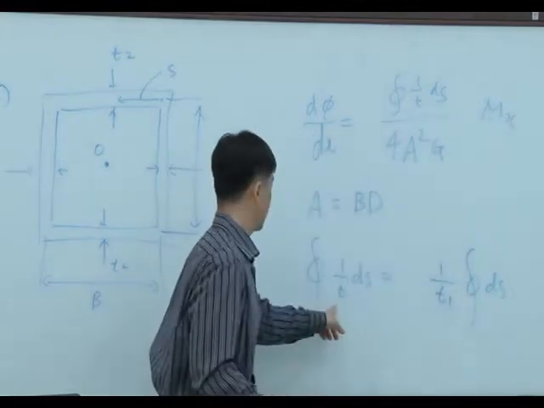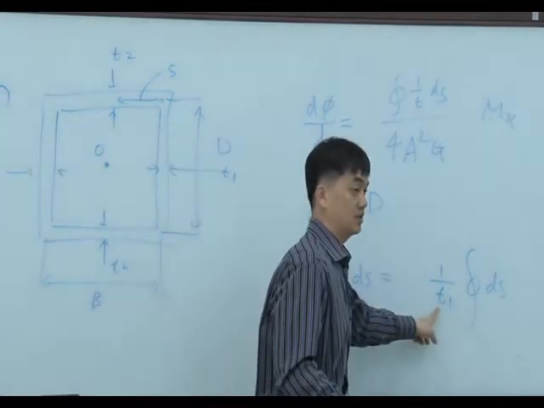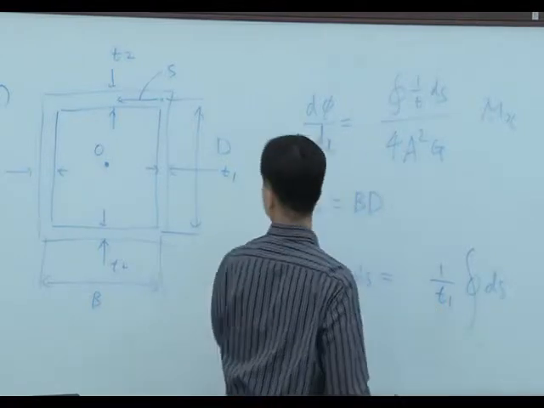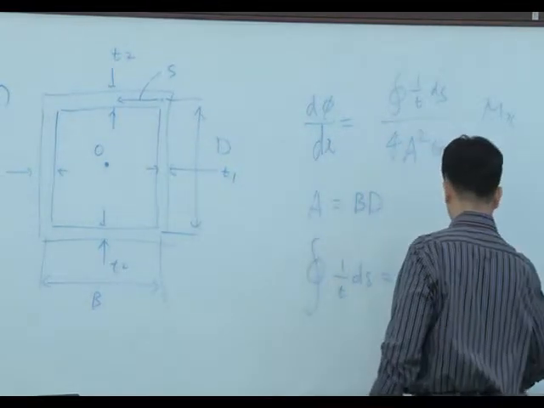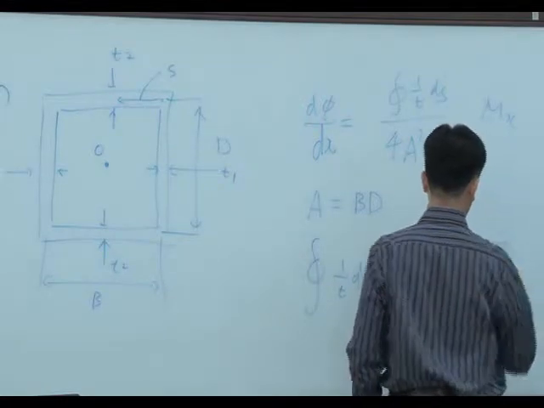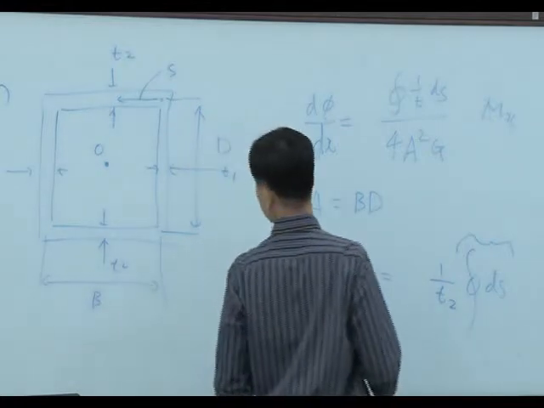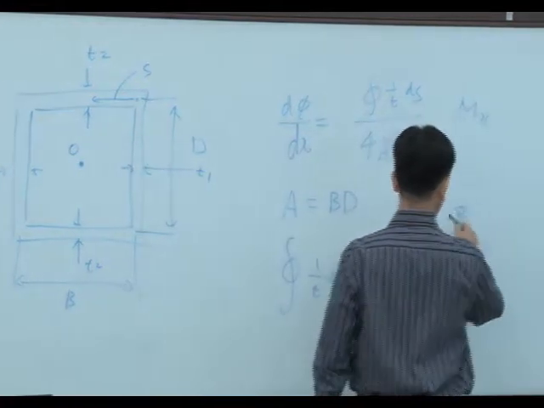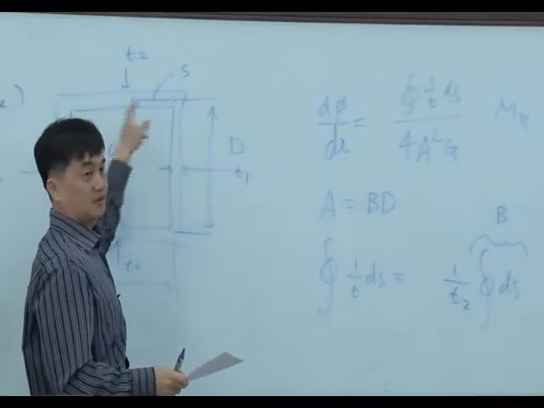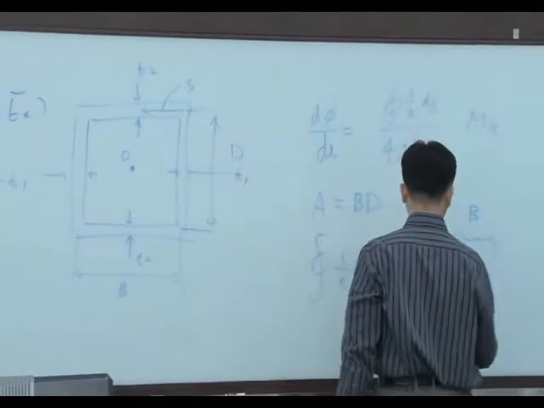If I integrate this from here to here, the equation becomes like this. Because T is constant, T2. And this length is just B, the length from here to here. So the equation becomes plus